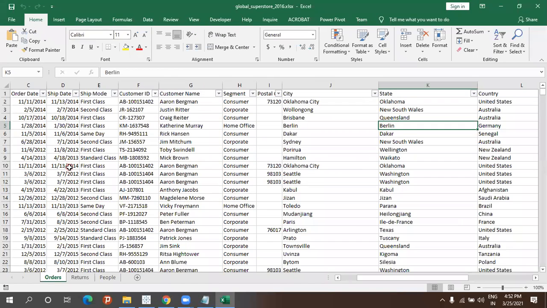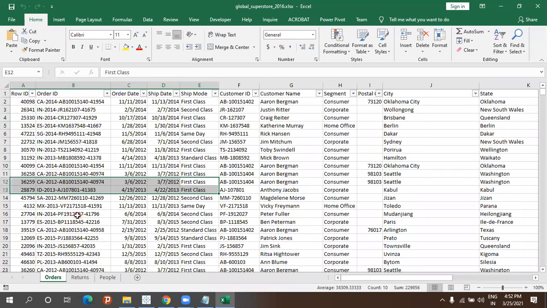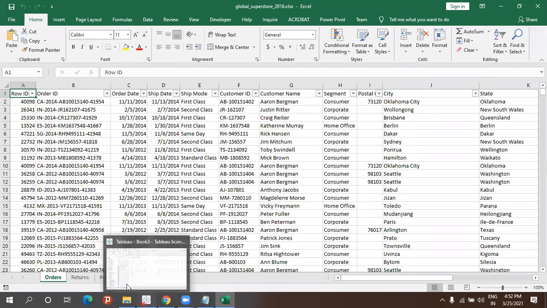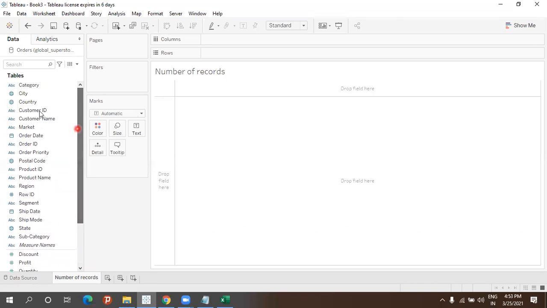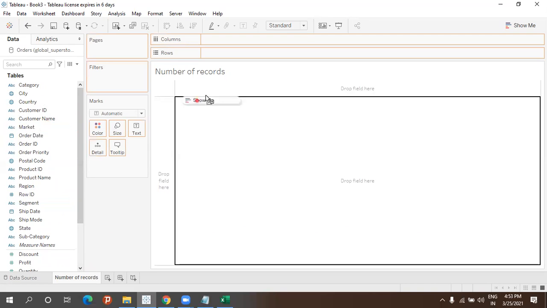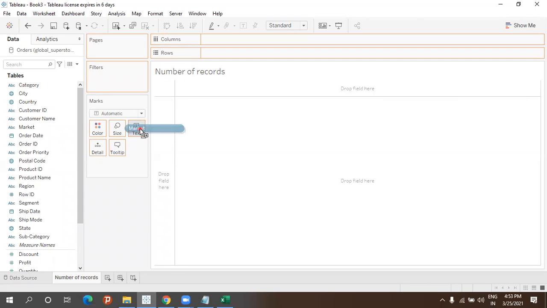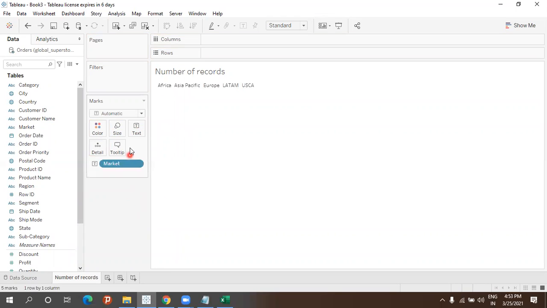In the order sheet only, I have one value here. So let it be like that. Let me come back to our Tableau software. See here. Now what I'm going to do is take market, or first let me take market or category or anything, and drag and drop it into the text.